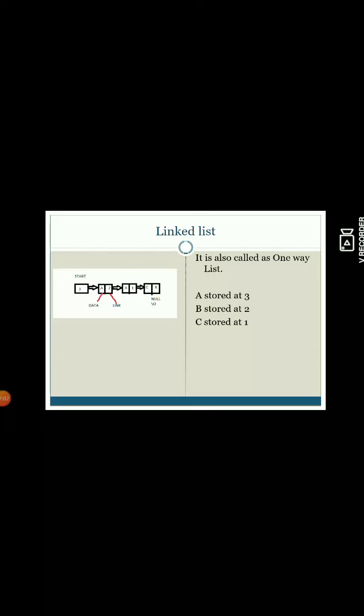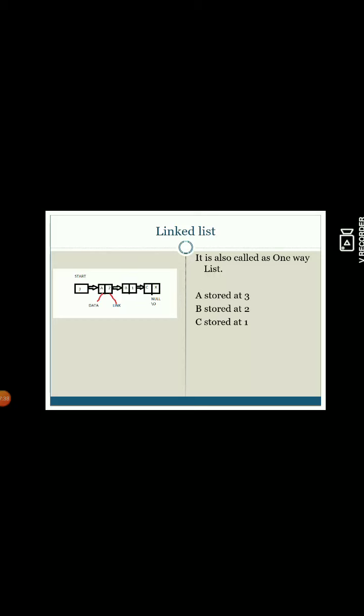Clear? So one more time we will revise that a linked list is nothing but a linear collection of data elements, where each element is called a node. The node contains 2 parts, info and link. The info contains the actual data, and the link contains the address of the next data.